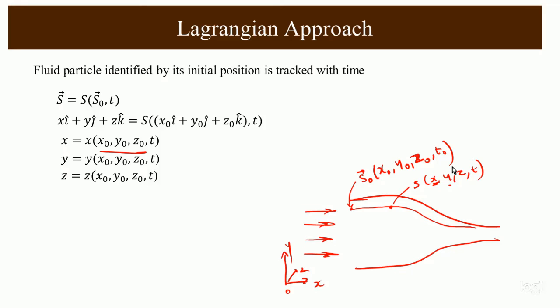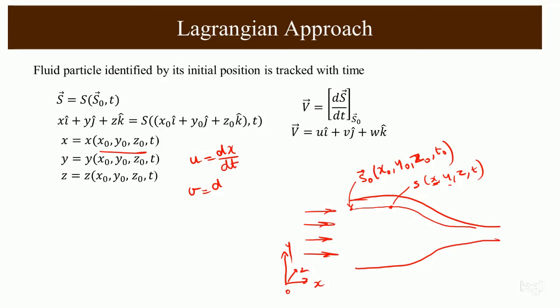How do you find out the velocity? We just differentiate this and we get the velocity. That means here, if you consider this velocity, it can be scalar u into i, scalar v into j, scalar w into k, where i, j, k are unit vectors in the x, y and z direction. What is u here? u can be written as dx by dt.